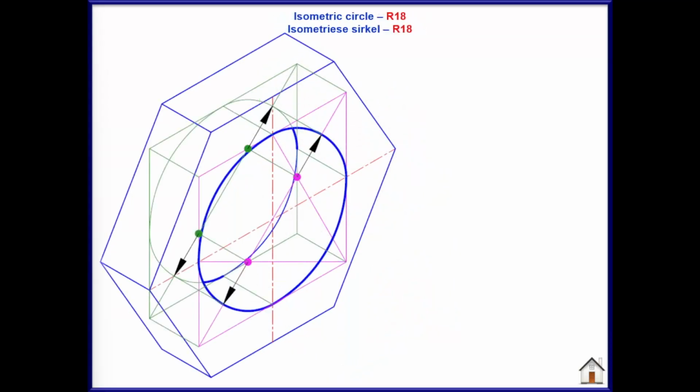When we look at the two smaller arcs, we need to project those backwards by 12 millimeters. Use the same radius as we did for the front portion of the isometric circle and draw from the center the small portion of the arc that will be visible. For the other smaller arc, we also need to project it back by 12 millimeters and once again use the original radius that we used for the smaller arc and construct from the center the smaller portion of the arc that will be visible. That then will give us the depth of our isometric circle.